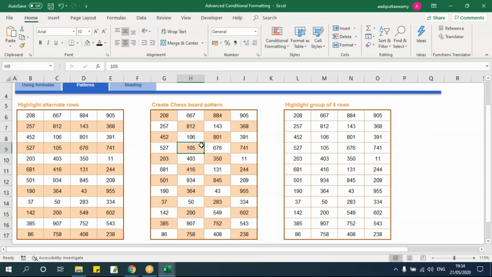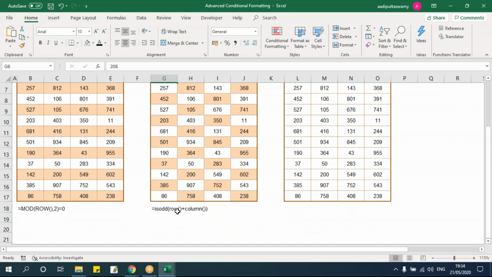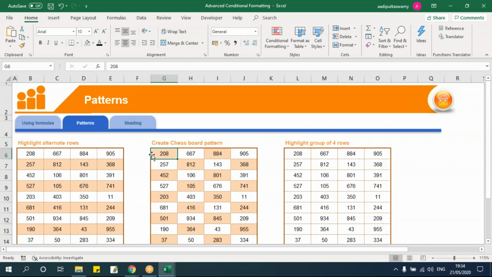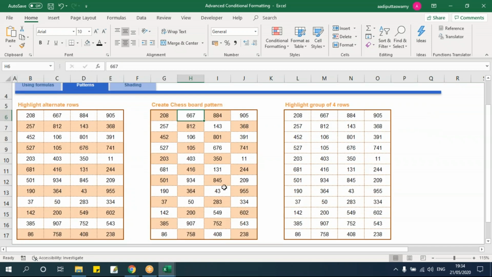Say okay. The row number, let's say 6, with this column number, say 1, 2, 3, 4, 5, 6, 7. So 6 plus 7 is 13. That means the row number 6, plus the column number 7, is 13. That means if the number is odd, then highlight this. Then it will be 6 plus 8, which is 14. That means this is even, so this should not be shaded. So likewise, I can specify what has to be shaded here.